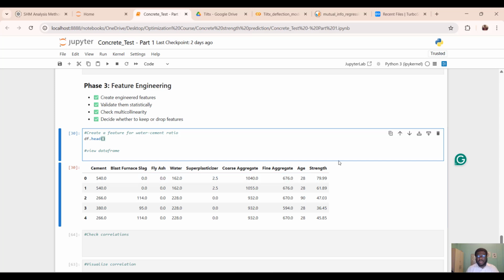To create a water to cement ratio, I simply need to divide water by cement, right? So I will say df, then a new feature, which will be, let's say, wc ratio. I will create a new column here, and then it will simply be